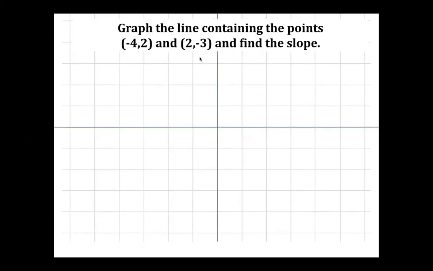Okay, for our next example, we have graphed a line containing the points (-4, 2) and (2, -3), and find the slope. So let's go ahead and first graph our points, (-4, 2) and (2, -3), and then draw our line through them. We can see here that we don't have to identify our points this time since we've already been given the points. So we can go ahead and start from our leftmost point, which is